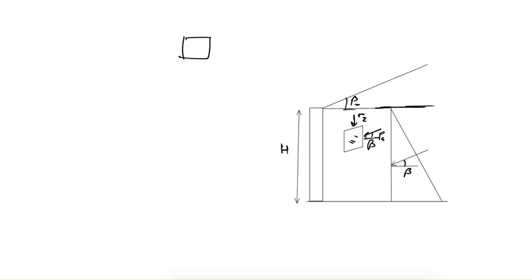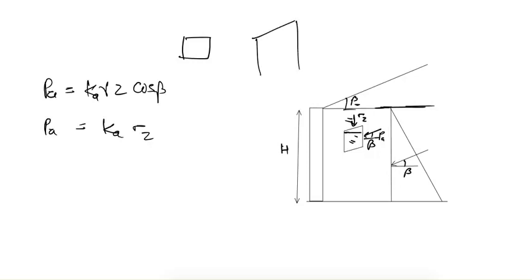and this active earth pressure is given as gamma z cos beta. Why is it given as gamma z cos beta? We know that the active earth pressure is Ka gamma z cos beta, given as Ka into sigma z. Now what will be the value of sigma z? Let's take this diagram here. Sigma z is acting on this plane, and at depth z, what will be the stress?